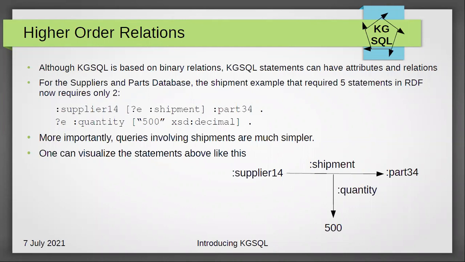So in this regard, it looks like a concept known as a property graph. In any case, queries involving this knowledge graph here, the supplier part case, are then going to be much simpler because we don't have to explicitly reify the statement, or excuse me, the shipment. Now, a nice way you can visualize this is given in this little picture here, where we have a property